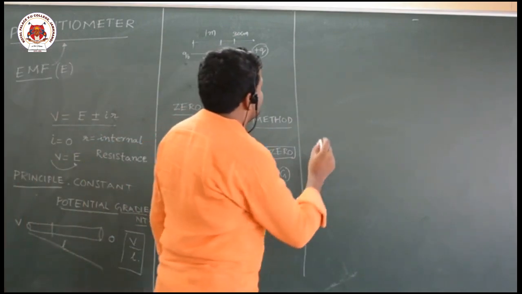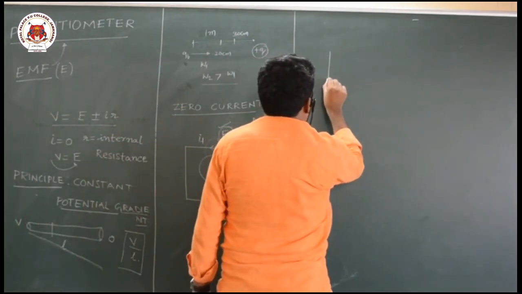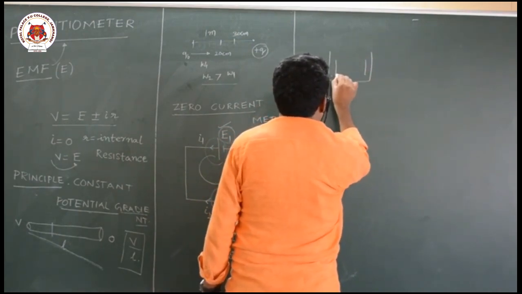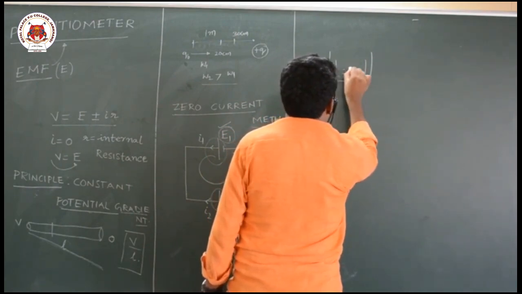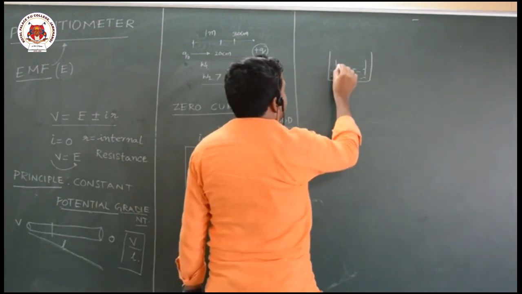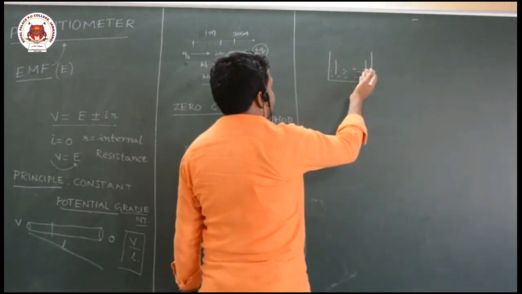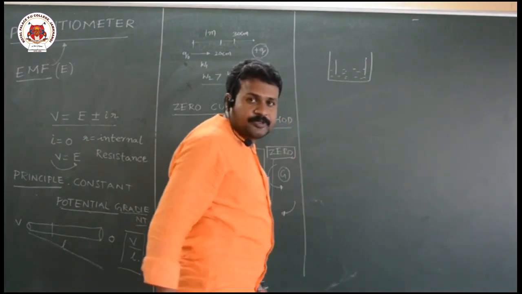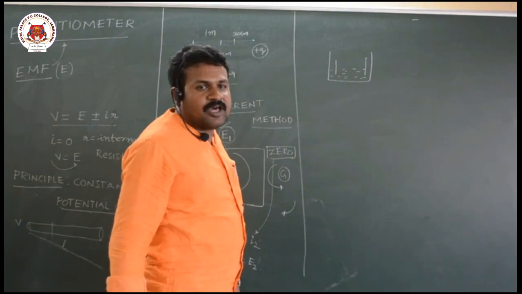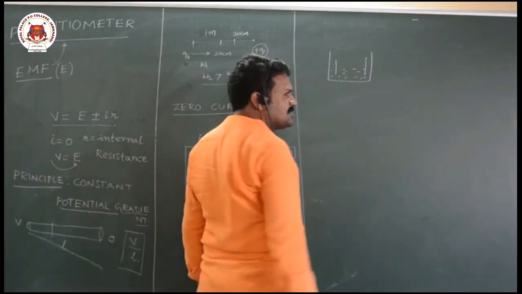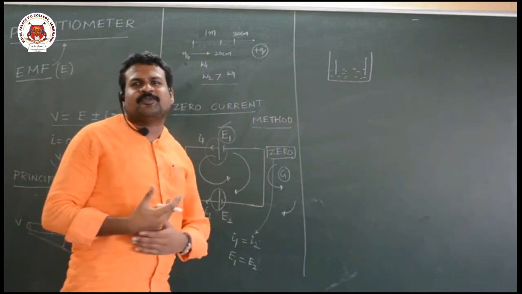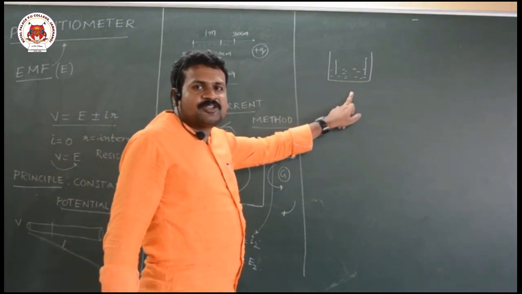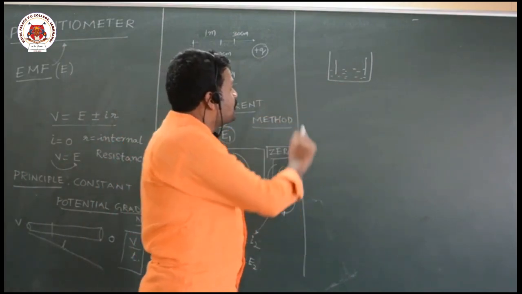You know that a cell is made up of chemicals. It will have one anode and cathode. In between them there will be a solution, and when ions are moving from anode to cathode or cathode to anode, they generate electricity. This is what you know. The contents of the cell will also have internal resistance, because resistance is an inherent property of a body. Every body which is conducting will have resistance. So the contents of the cell will also have some resistance, and it opposes the flow of ions.